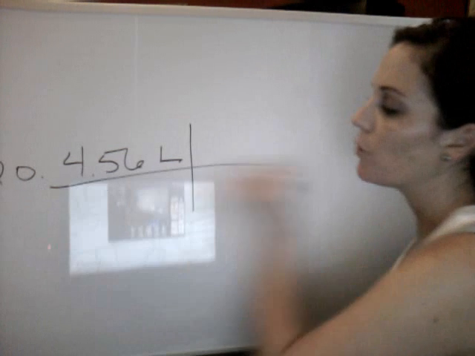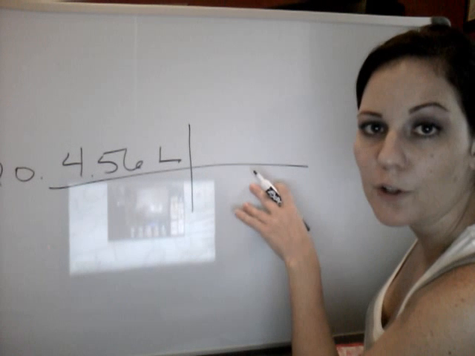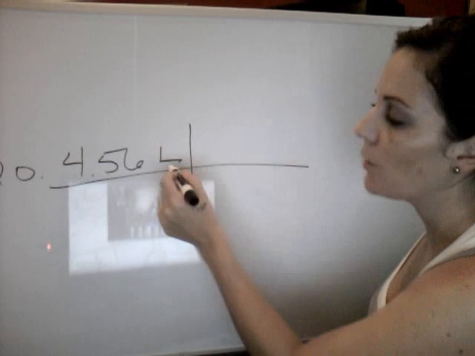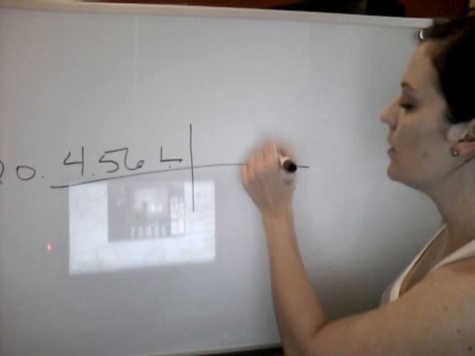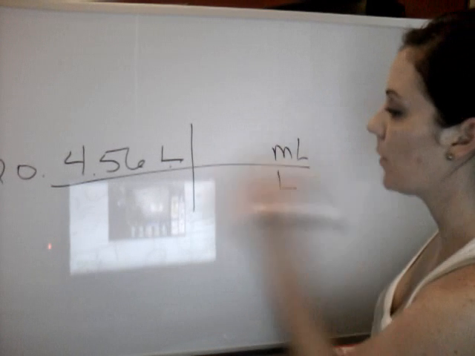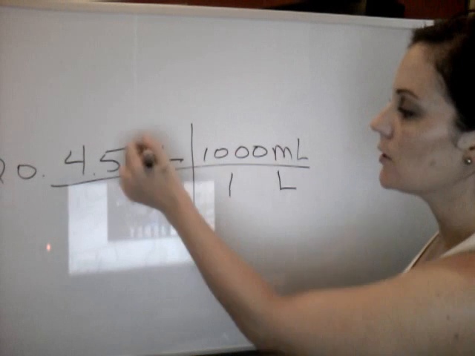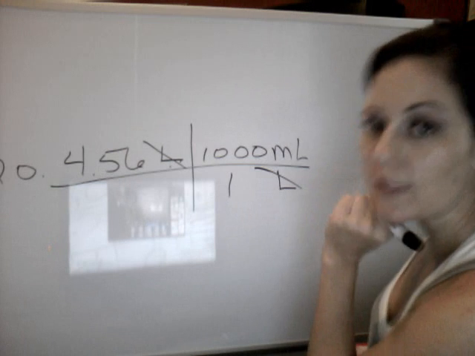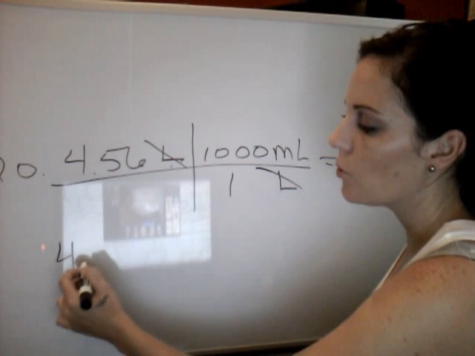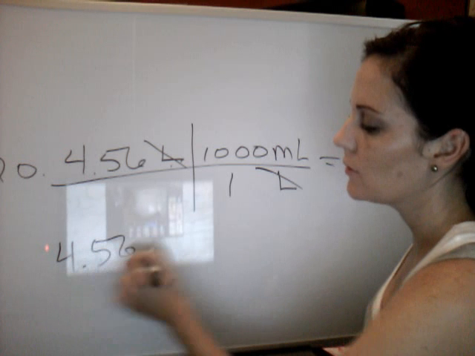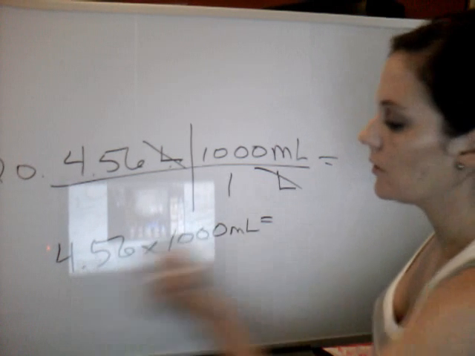So 4.56 liters. You gotta do your conversion factor. You're going from liters to milliliters. So whatever's up here, once again, you put down here. So liters goes on the bottom, milliliters on the top. For every 1 liter you have 1,000 milliliters. Cancel your units out. And then do your multiplication. 4.56 times 1,000 milliliters gives you,